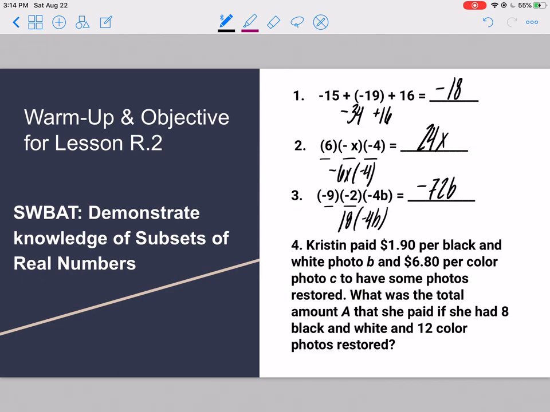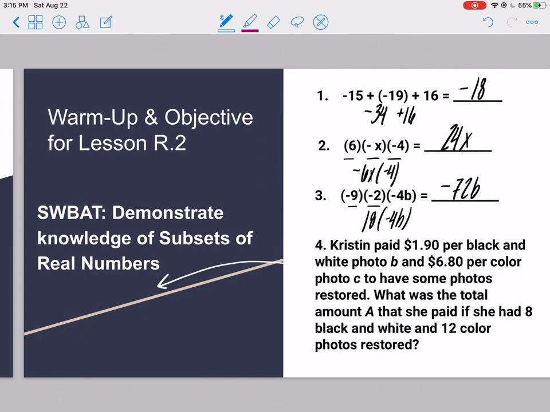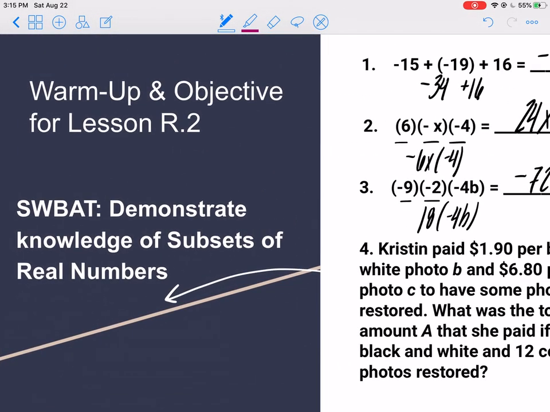Okay? And then number 4, so Kristen pays $1.90 per black and white photo, and then $6.80 per color photo, which we're calling C, to have some photos restored. What was the total amount, A, that she paid if she had 8 black and white photos and 12 color photos restored? So I'm going to go ahead and write this over here. So we know the total amount we're calling A is $1.90 times the amount of black and white photos she orders plus